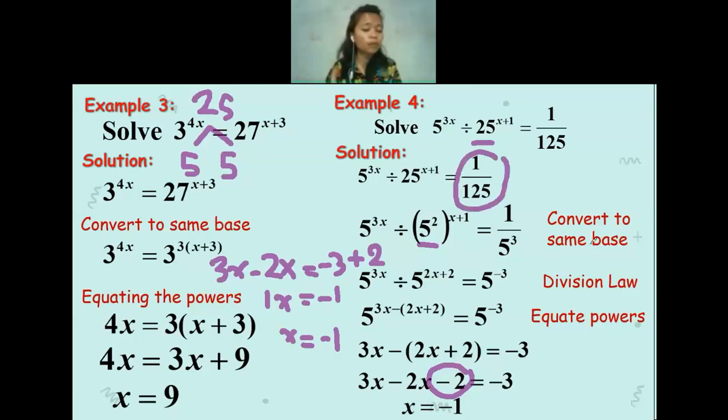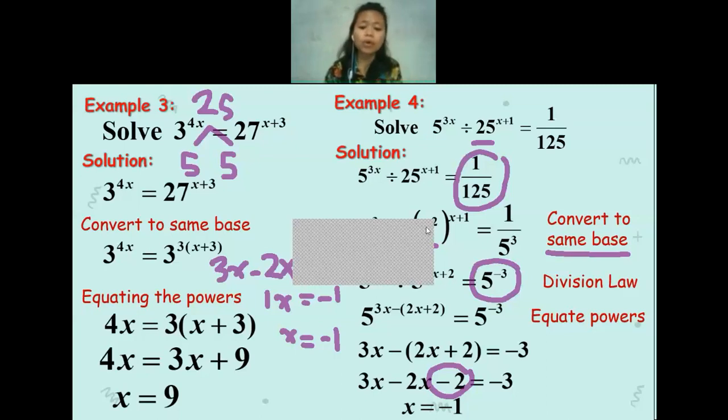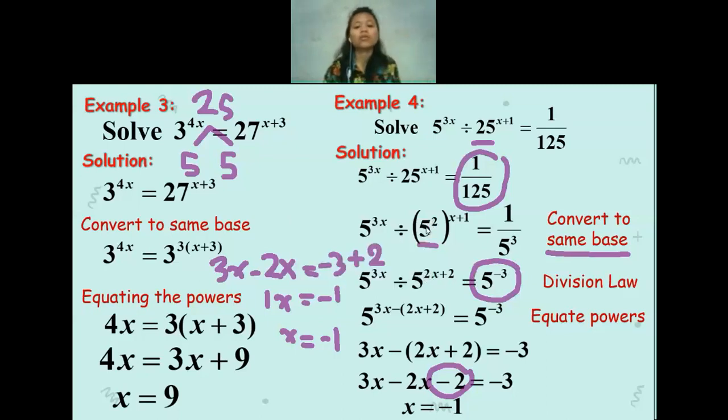What do I have now? This is a fraction. The fraction I can make into 5 to the power of 3. Because the question asks us to make everything into the same base, it means I should not have any fraction in here. So you have to check your index laws. When it is a fraction, I have to change it into a normal index. It will be 5 to the power of negative 3. If you ask me how or from where, the explanation we already did about 3 weeks ago. Please kindly check all of your summary. We have it as 5 to the power of negative 3.